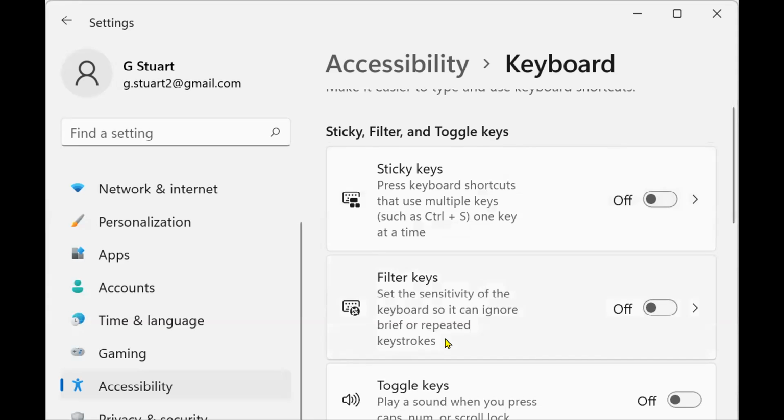The next is filter keys. Filter keys is the sensitivity of the keyboard. Sometimes when you press one button, it doesn't quite understand it. So what filter keys does is it makes it so that